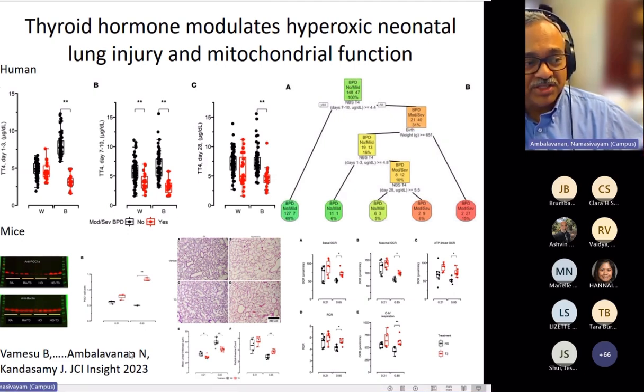So you can see that the thyroid hormone levels are lower in infants who later develop BPD. And we also looked at other things in mice, which showed that PGC1 alpha is different. And if you give them thyroid hormone,